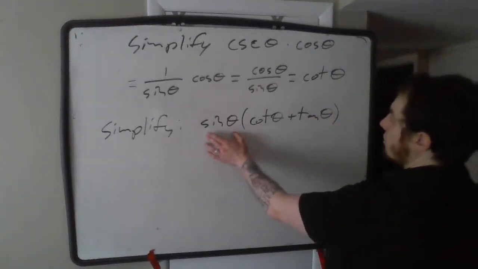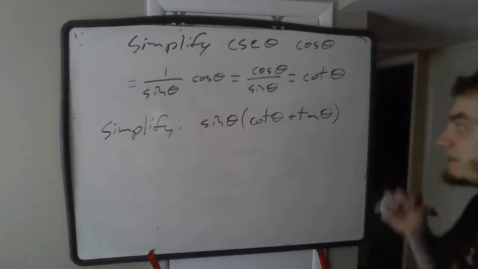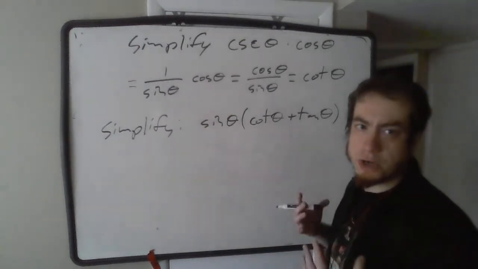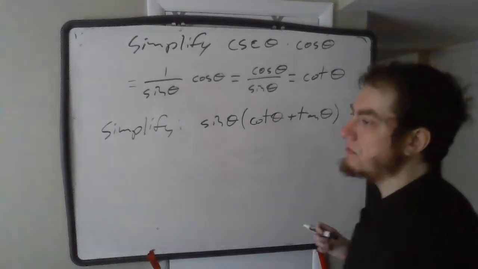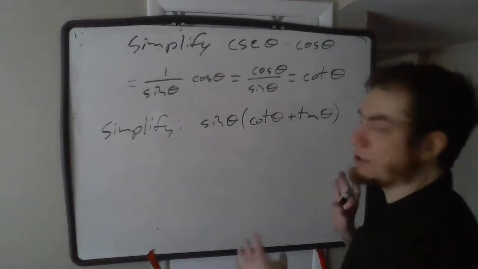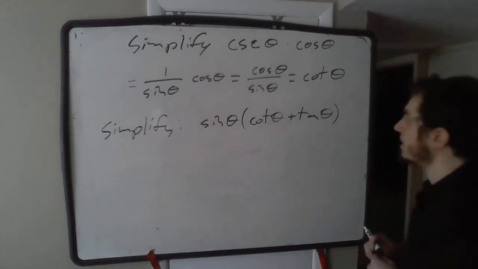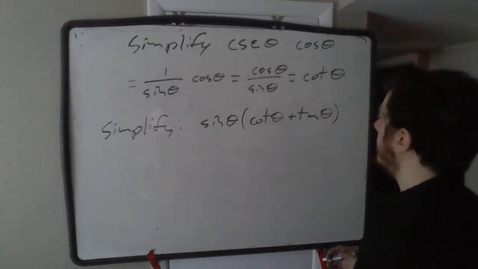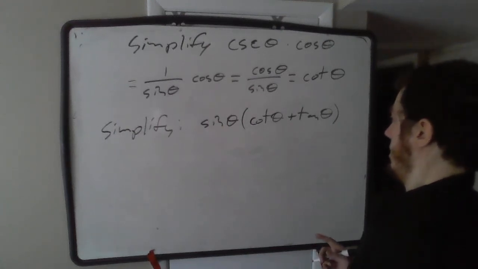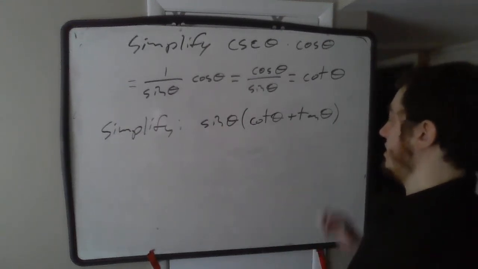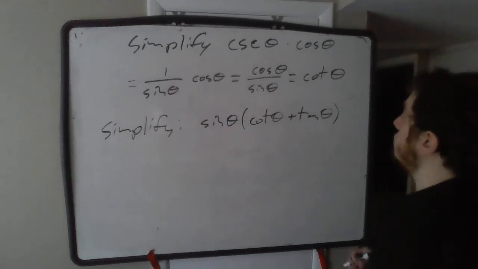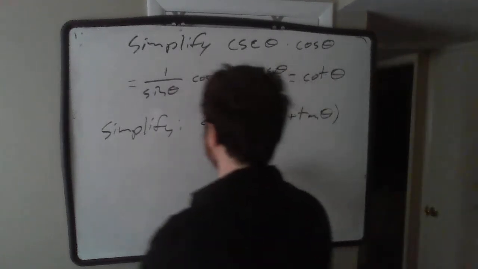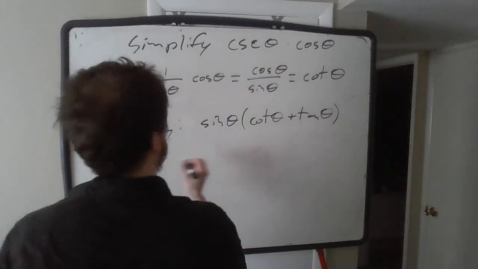So let's suppose that I want to simplify this. Basically, I want to take something that involves a lot of complicated operations with trig functions. I want to rewrite it in terms of the simplest possible collection of trig functions that I can. Well, there's a few different ways of doing this, but one way would be to rewrite things here in terms of sines and cosines. So I can rewrite this as